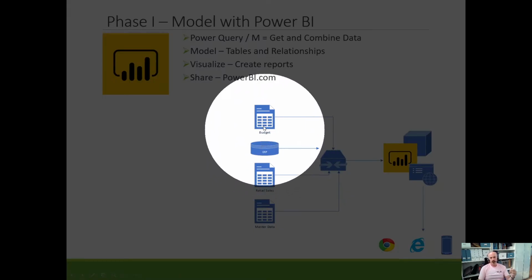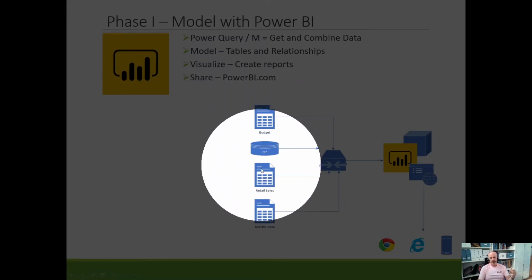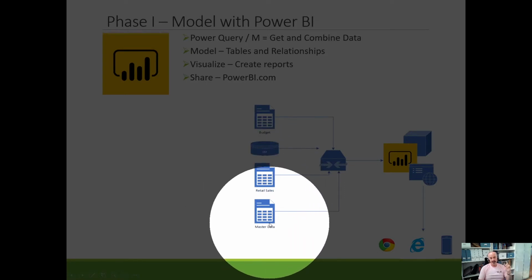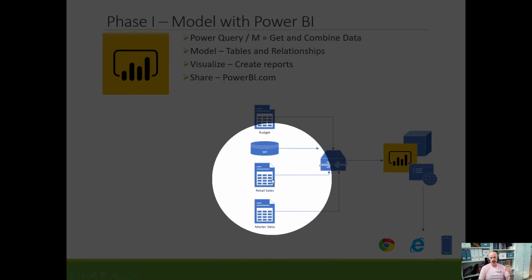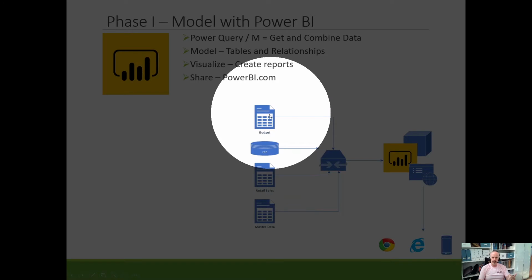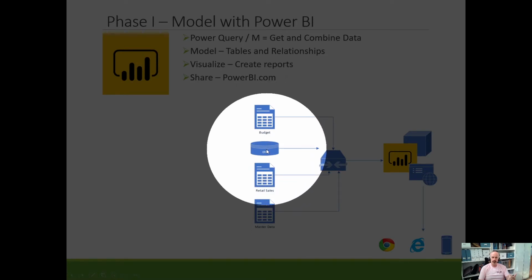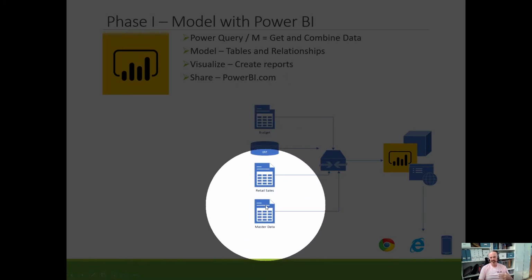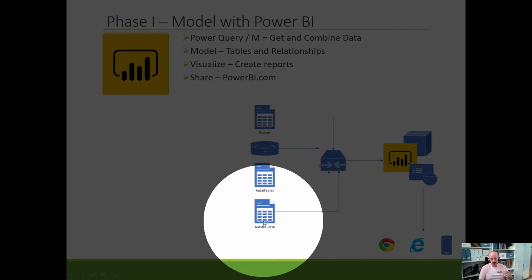Here on the left are my three sources of data: budget, factory sales, and retail sales. I have introduced a fourth source of data, and this actually had to be done for my client because when they wanted to look at the retail sales, the product codes on their retail sales are from the retailers. They're not the same codes that they have inside their budget and factory sales systems. So we needed a master data element in here to actually map retail codes to their own factory codes. So a fourth system comes into existence, and initially this is